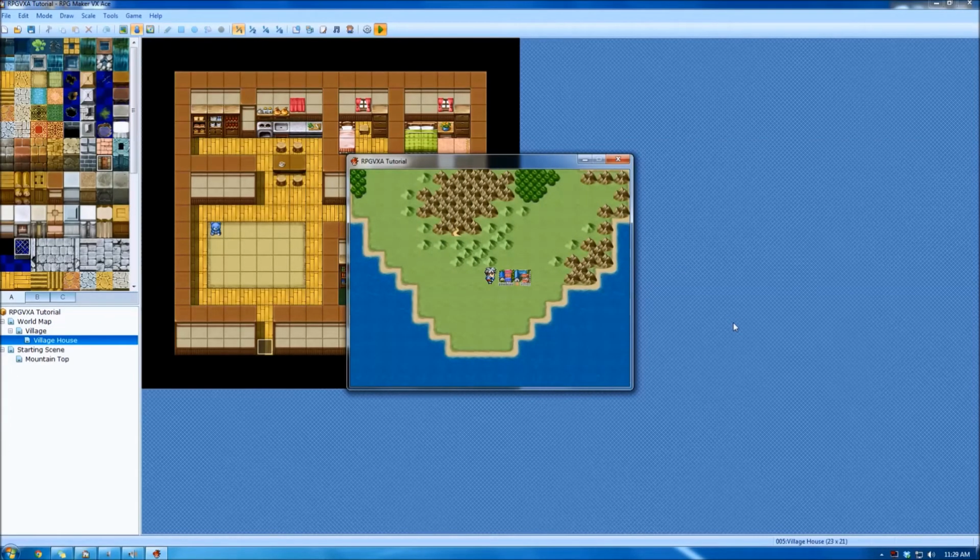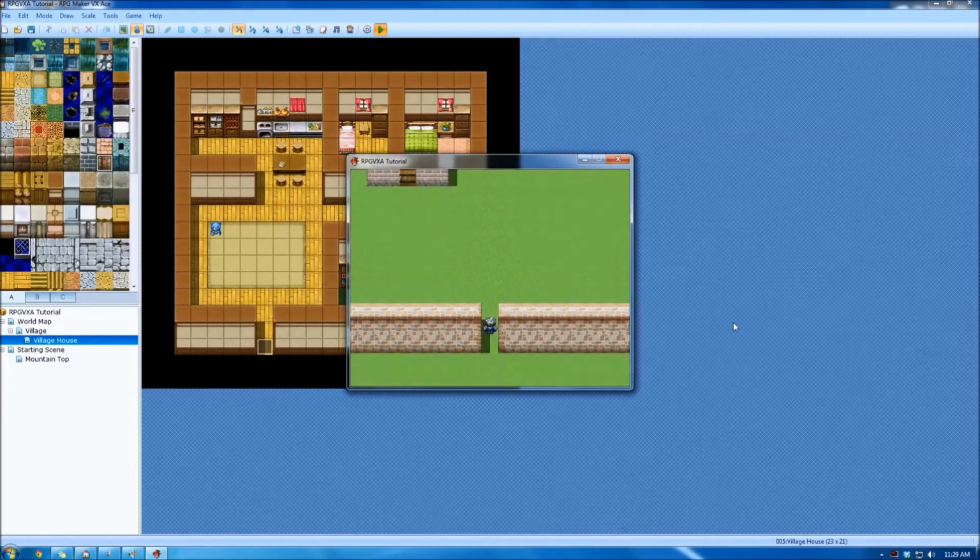So now we're going to enter the village from the right, and since the directional change was set to up on the transfer events, we'll go in and we're facing up. Another mistake we just made